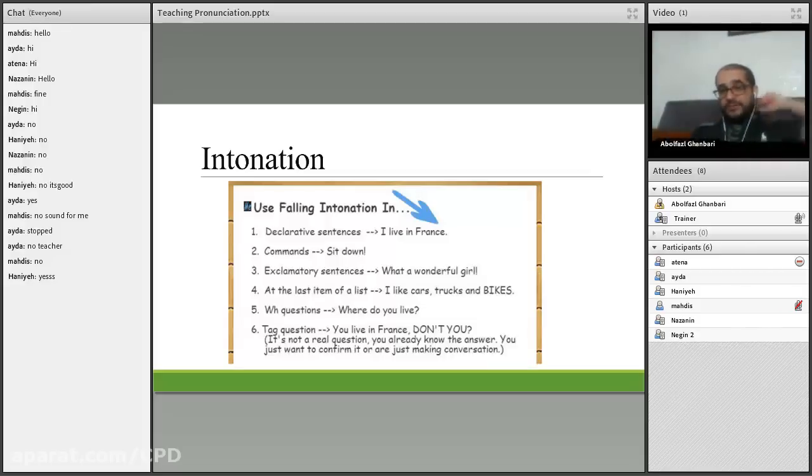The next and last part is intonation. You know that we have rising intonation and falling intonation. For example, in Persian we say "من به مدرسه میروم." It is rising intonation. When you hear rising intonation, it means that, yeah, it is a question, even if you use an affirmative sentence or exclamatory